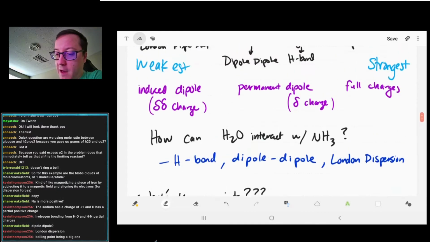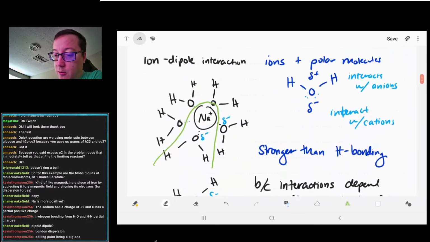But if we go back to that kind of thing, we're going to see that we can actually have many water molecules that can surround that sodium and interact with it. And I've drawn 5. I don't quite remember exactly how many it's going to be in real life, but 5 of those ion dipole forces